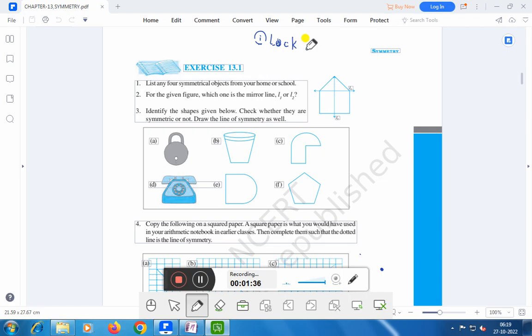Or you can write number two symmetrical object as glass. Number two is glass, and number three maybe